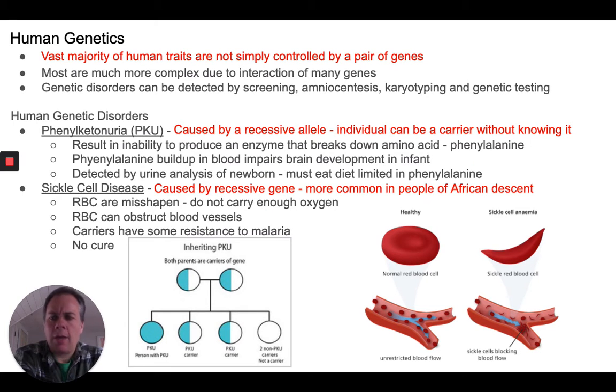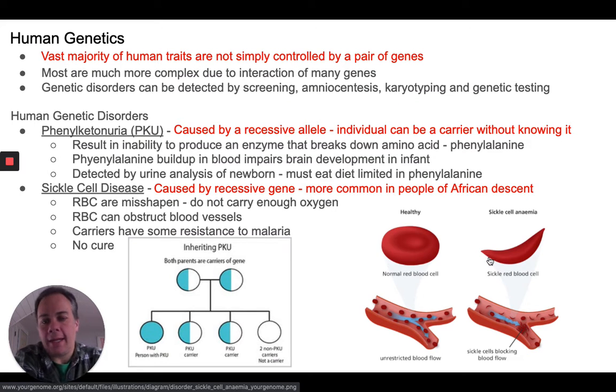And when a person has this disease, sickle cell disease, and if they inherit two recessive genes, then it results in the hemoglobin molecule in their red blood cells being incorrectly formed. Okay? And those red blood cells don't carry the proper amount of oxygen. They become misshapen. You can see on this picture, this is a sickle cell blood cell. And as they flow through capillaries, they can block the flow of blood, and lead to extreme pain and organ